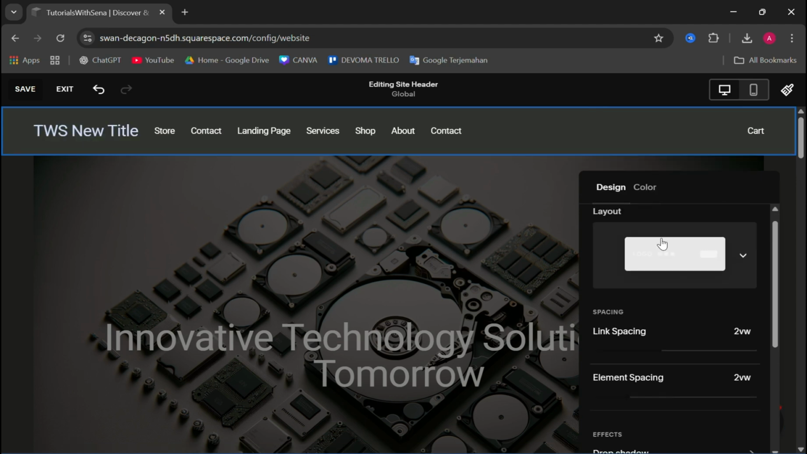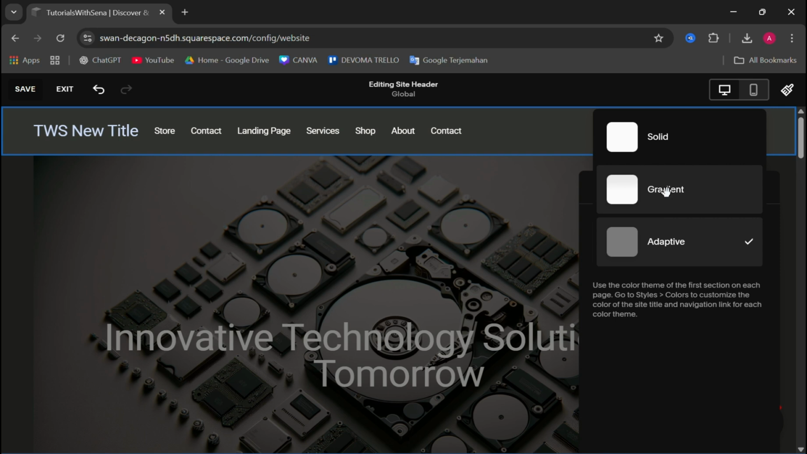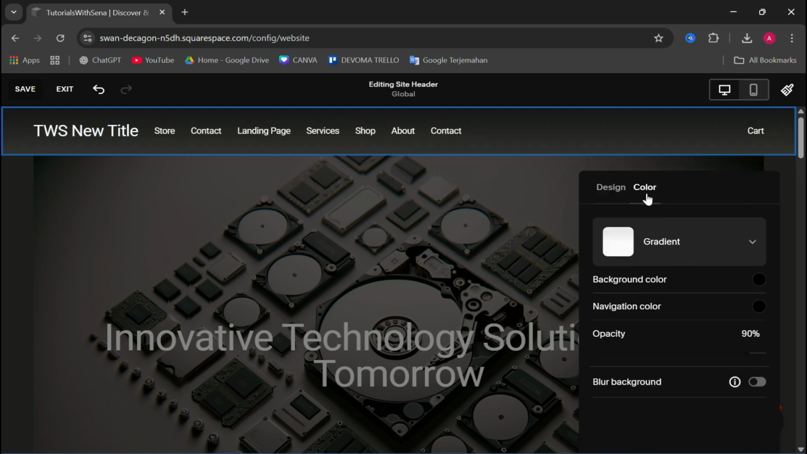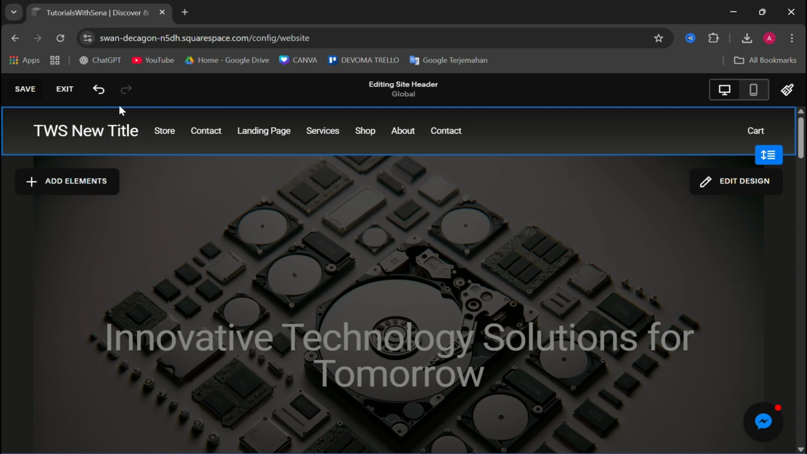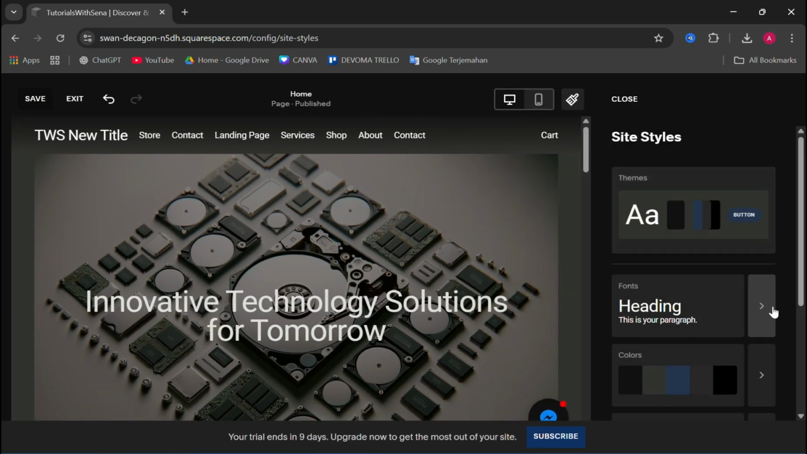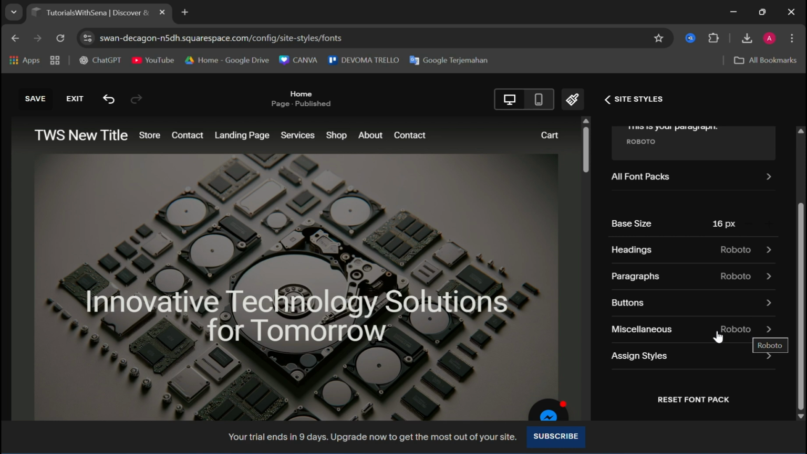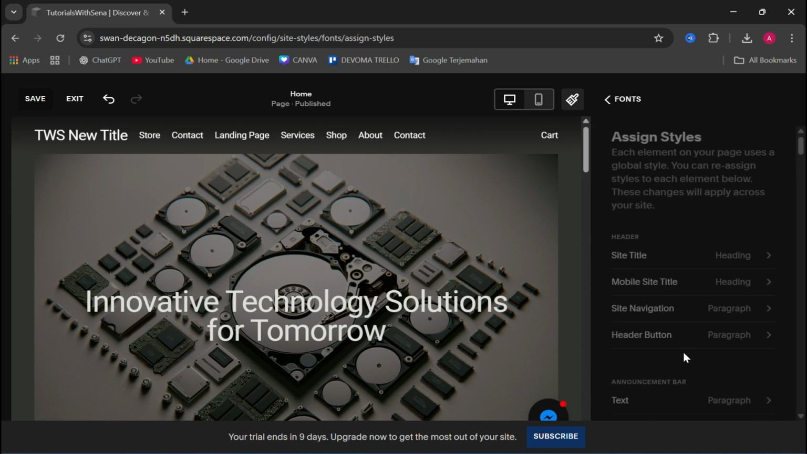And after that, maybe you want to change the color. You can change whatever you want. Maybe you want this one for the background. It's up to you. And then if you want to change your title font size, you can just go to site styles here and then go to fonts, this one, and then you can scroll down, go to assign styles,